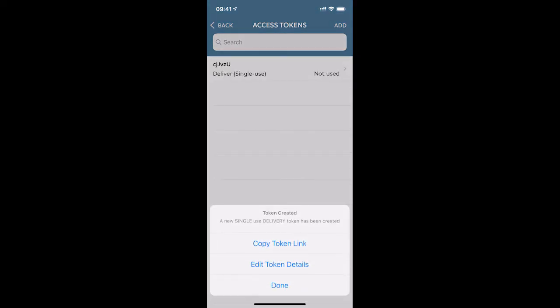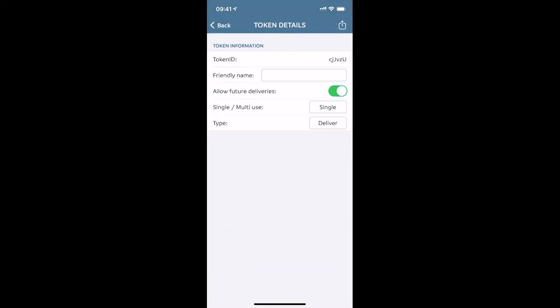A new token will be created and you'll see it appear in the list, and then a menu at the bottom will confirm that it's been created and give you some options. By default, a single-use delivery token will be created, and if that's what you want, then you could simply click on the token link and continue. But I'm going to show you here what you want to do if you want to change those details to something else. So I'm going to here click on Edit Token Details, and it will take me into the settings